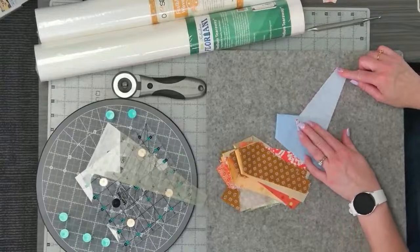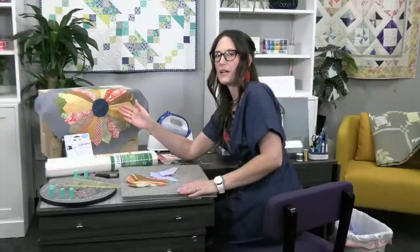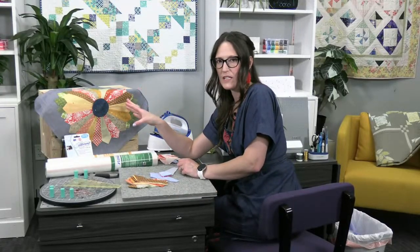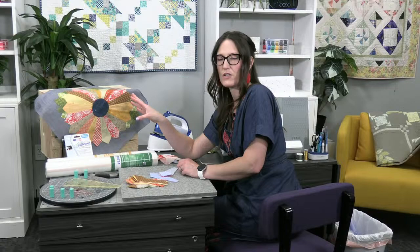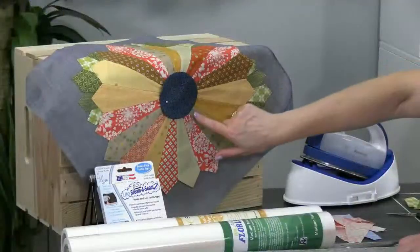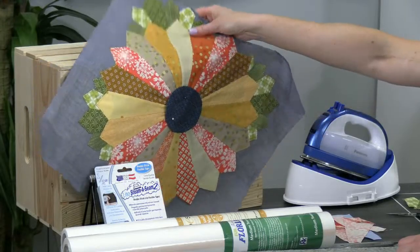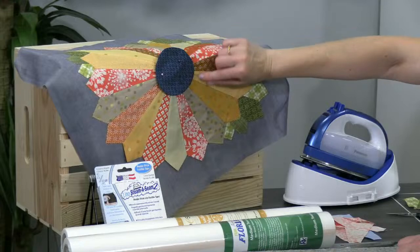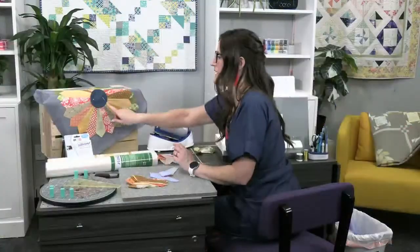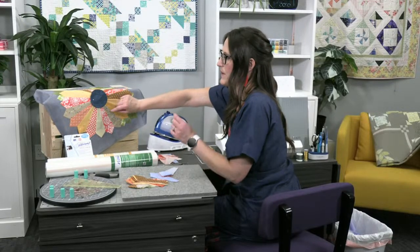Now, one thing that I wanted to share with you with my sunflower here is that you want to do a test one. If you've never done a Dresden before, this is a kind of a new technique for you. I don't know if you can really see it, but in the middle, it kind of got a little puckery right there. And just around the middle. So that tells me, as I was putting it together, that I needed to, right around here, I needed to not have so much,